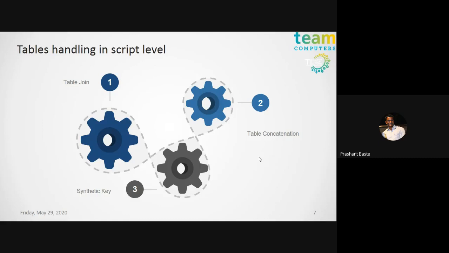Secondly, the very primary question that each and every Qlik developer has faced is: what is a synthetic key? Some of the resources are very keen to ensure that the primary key does not appear in their data model, but some people get confused when a synthetic key comes up. So how do we handle the synthetic key? To handle it, you need to be very clear about the primary key concept, the composite key concept, and the relationship between the tables which are causing the synthetic key.